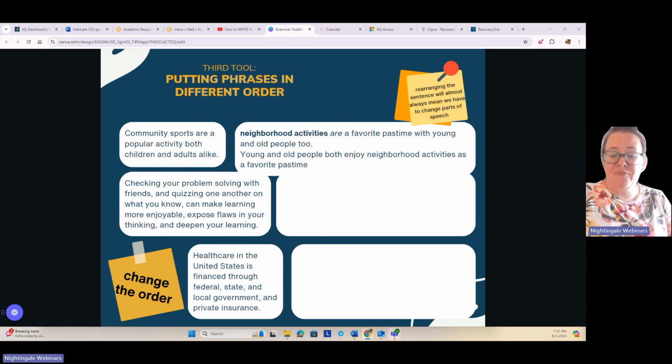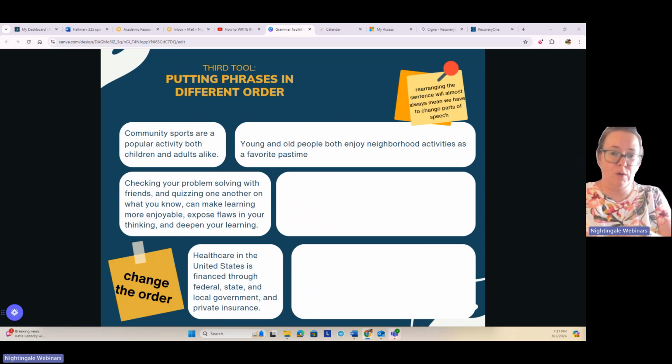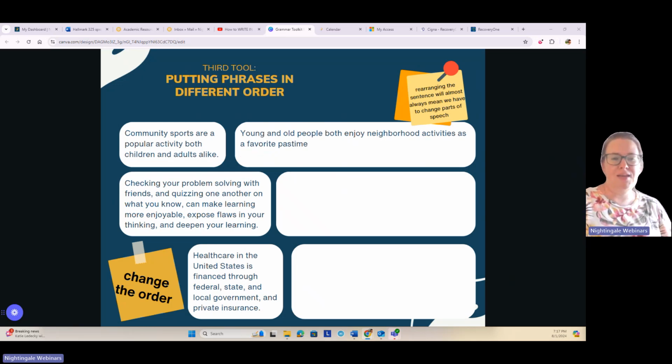So I've put these now in a different order. So we can see that this one really doesn't look like this one. This is probably a good paraphrase because we've been able to change it. We've changed almost every word, and we've put the phrases in a different order because we've identified and split them.